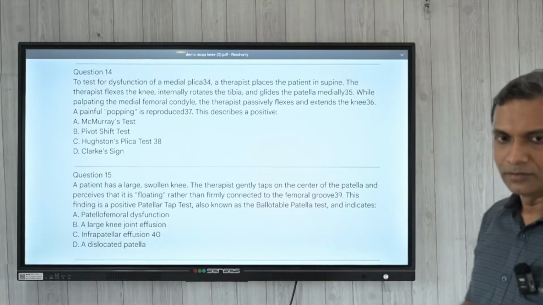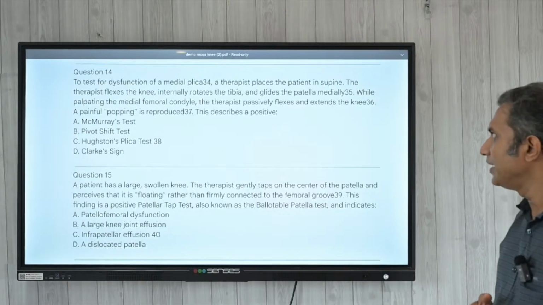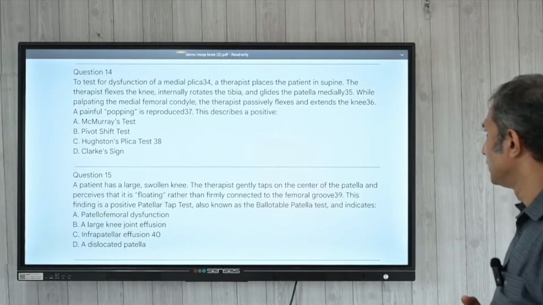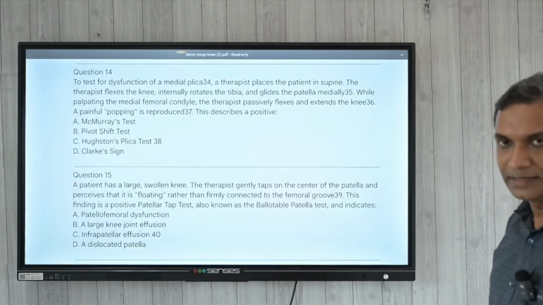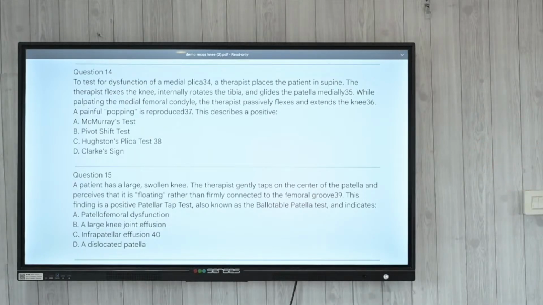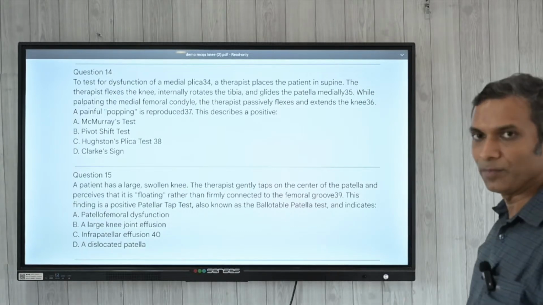Question 14. To test the dysfunction of medial plica, a therapist places the patient in supine. The therapist flexes the knee, internally rotates the tibia and glides the patella medially. While palpating the medial femoral condyle, the therapist passively flexes and extends the knee. A painful popping is reproduced. This describes a positive